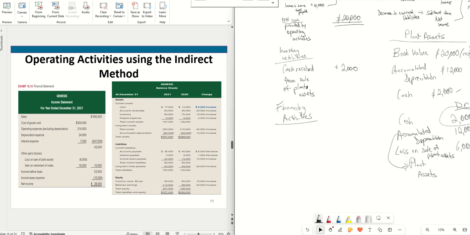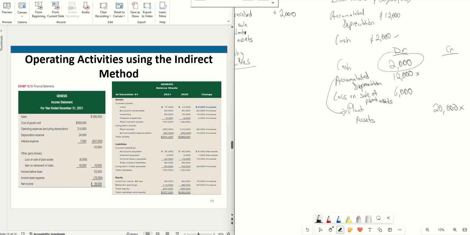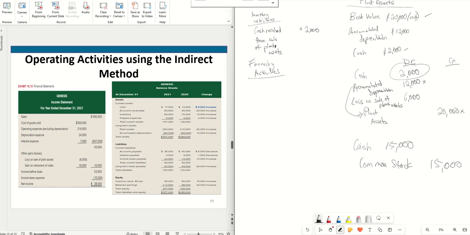Okay, so that entry here, when you do issue stocks in exchange for cash, you're going to debit cash for 15,000. You're going to credit common stock for that same amount. When this entry is made, you are funding the business from the supply of that cash in exchange for common stock. So when you do that, this cash amount of 15,000 is going to be listed under the financing activity section, and this is going to be called